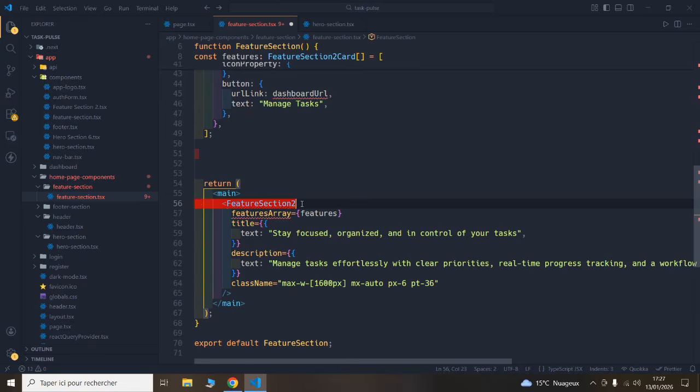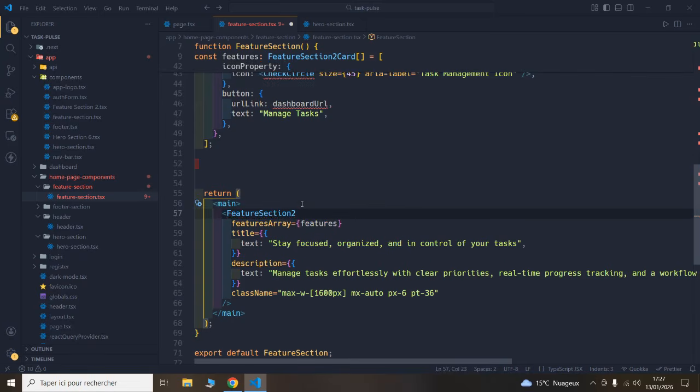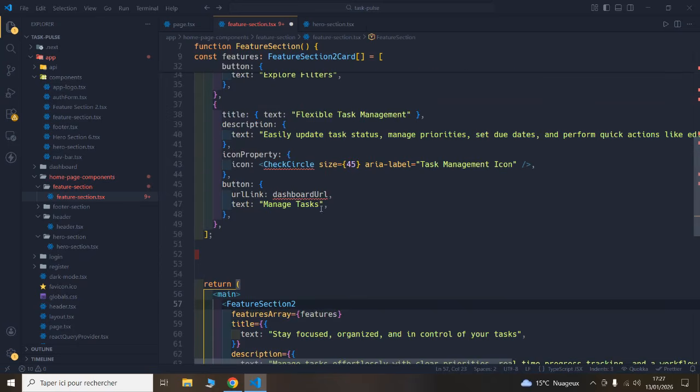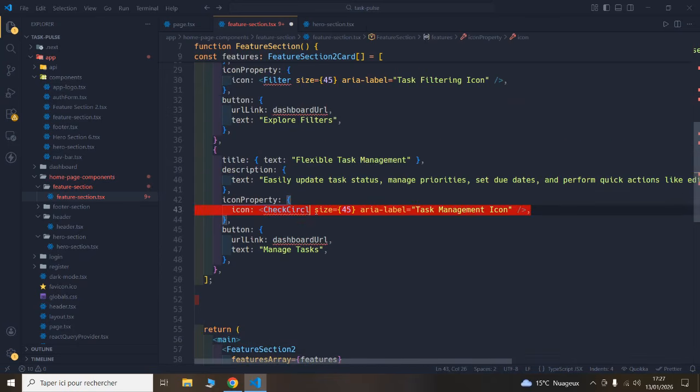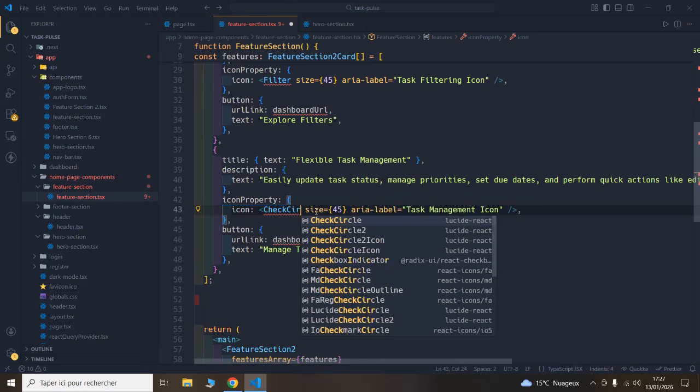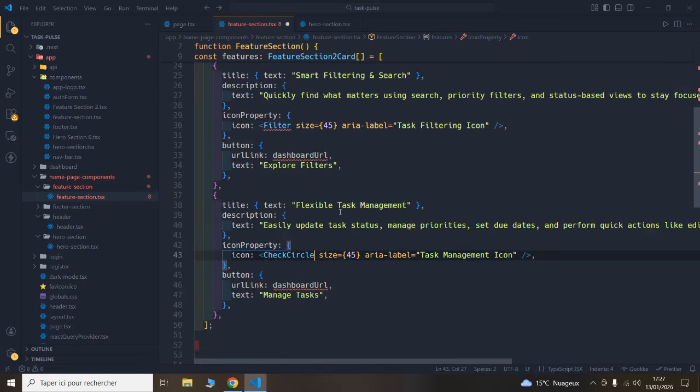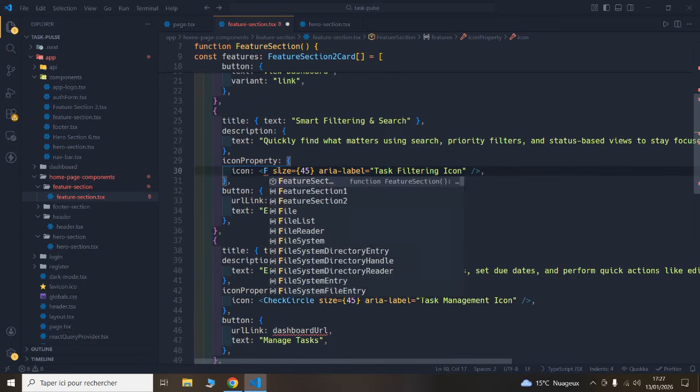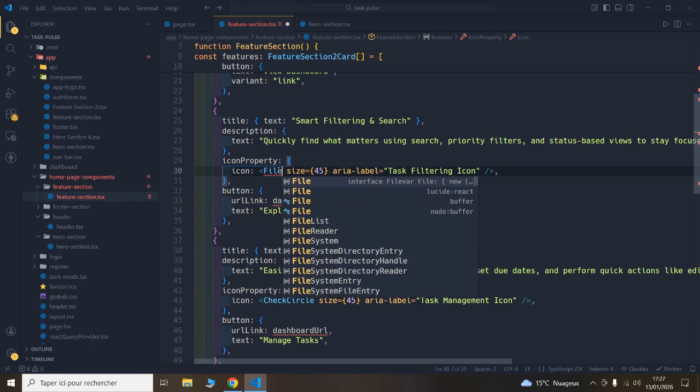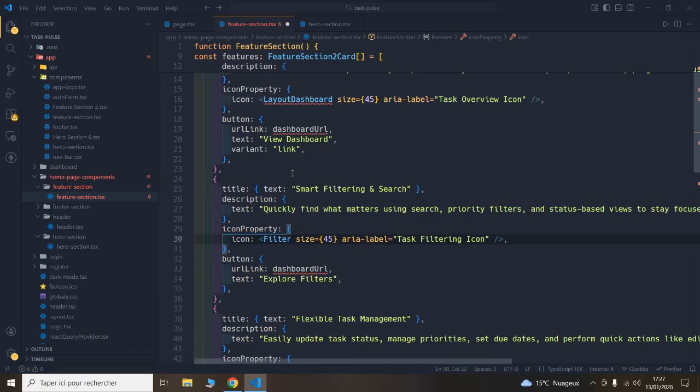I'm going to call this component that we just saved inside the components folder. Also I'm going to call this icon from React icons, and also all of these icons that we're using